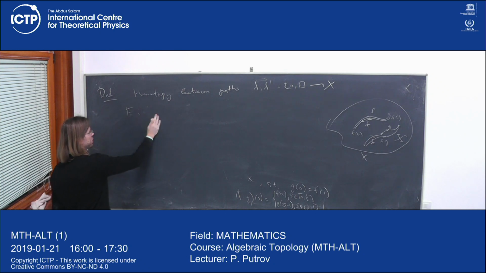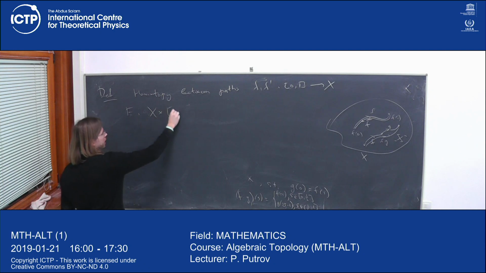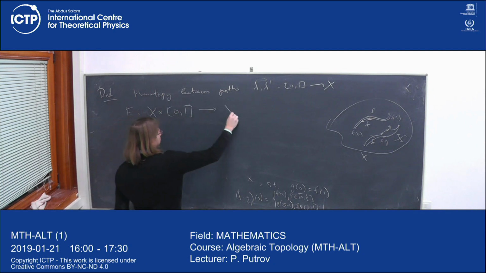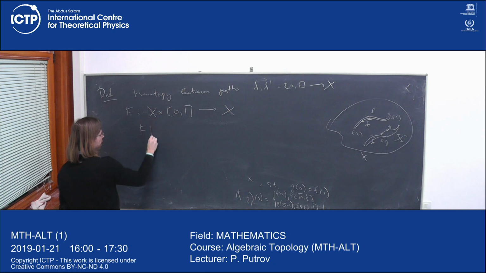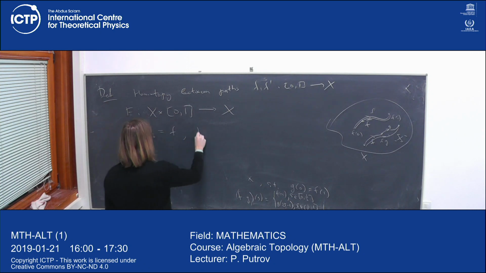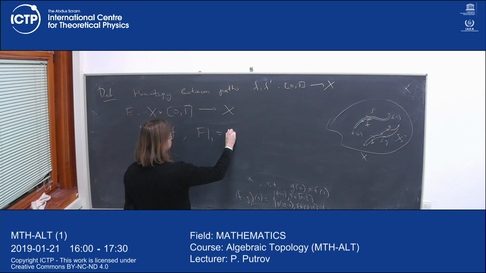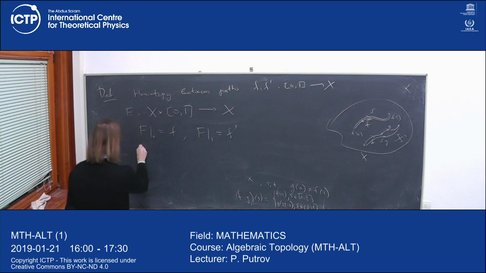The beginning of the definition is the same: it's a map from X times an interval to X, such that when I restrict it to 0, it's F, and when I restrict it to 1, where here it means the value of the second argument, I get F prime. But the additional condition is that